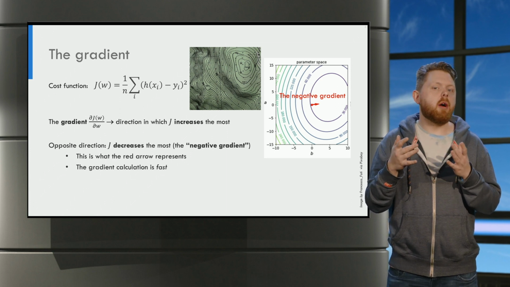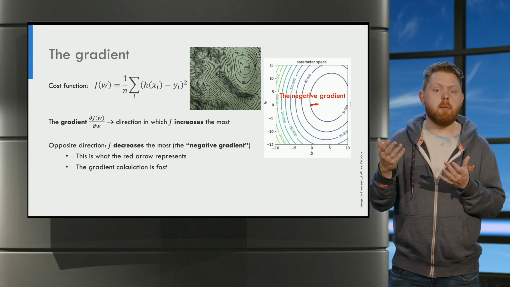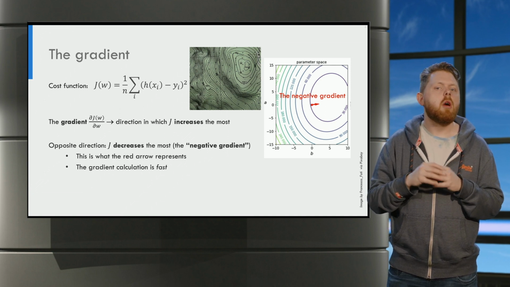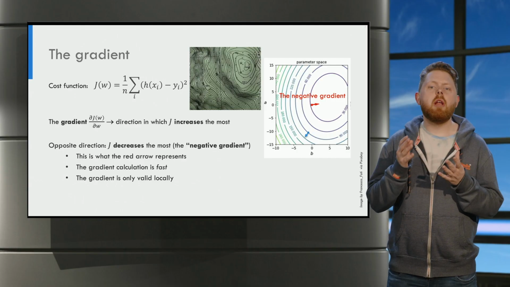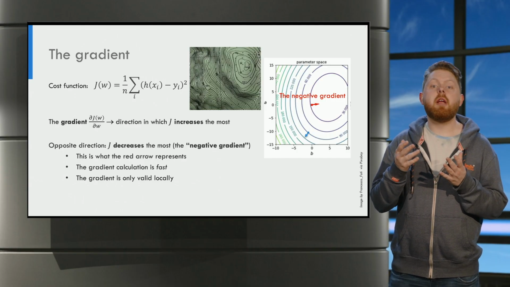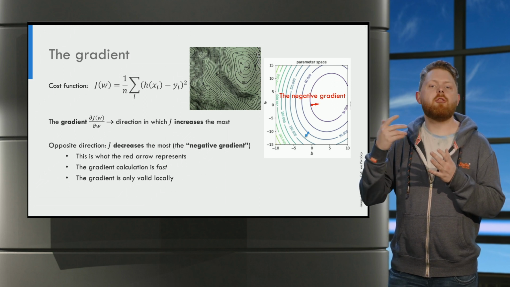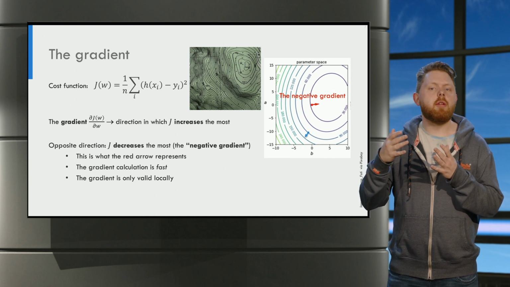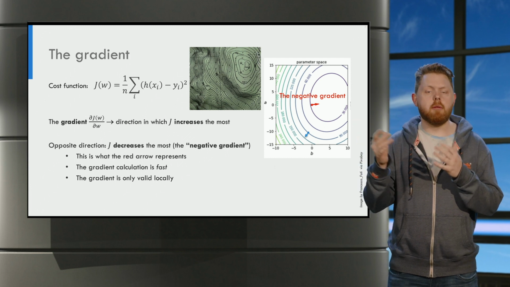What is nice about the gradient is that we can calculate it with little cost in terms of time. The computation is very fast. One thing you should realize is that the gradient is only locally valid. To illustrate, have a look at the figure in the top right, where I have now added another point and its gradient. Here, the gradient of the red point is pointing in a different direction than the gradient in the blue point.